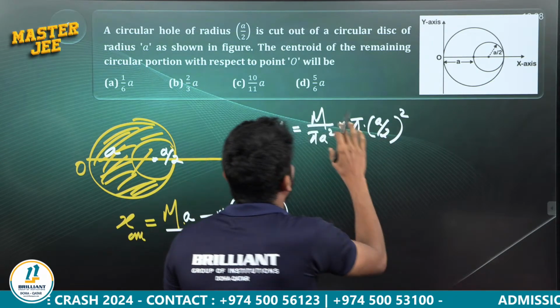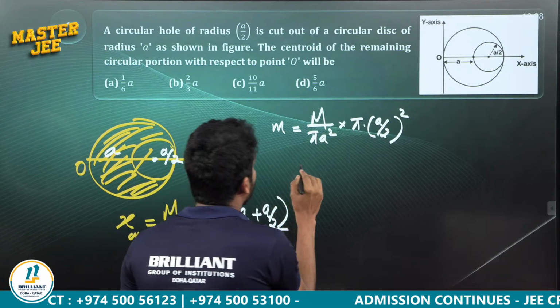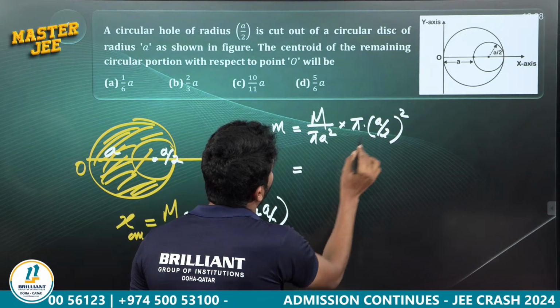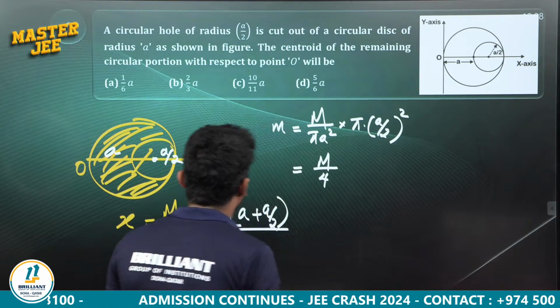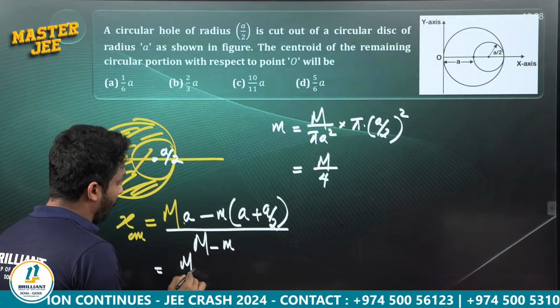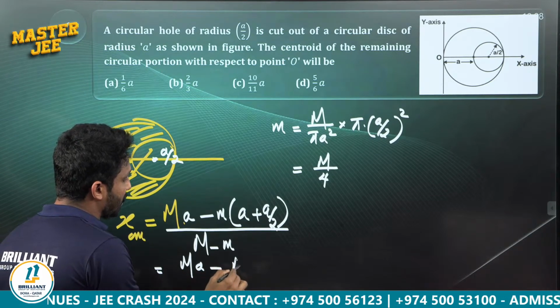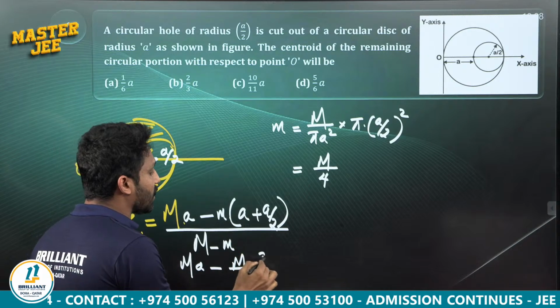This product will be the mass of the cut portion. Okay. Pi is cancelled, a square is cancelled, this equals m by 4. Substitute here, we get m a minus m by 4 into a plus a by 2,